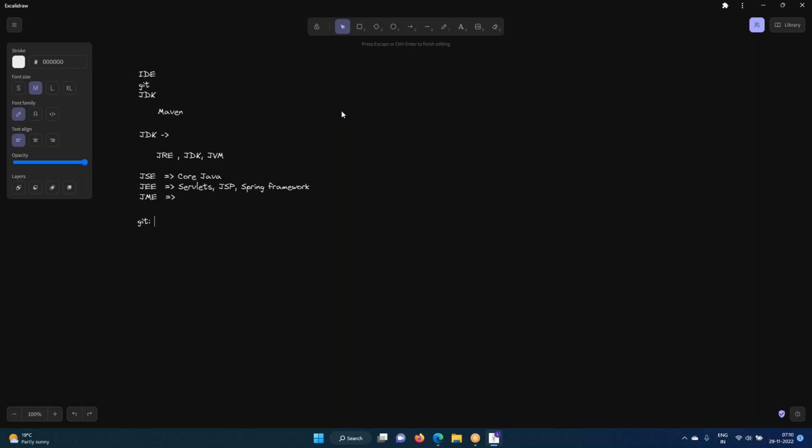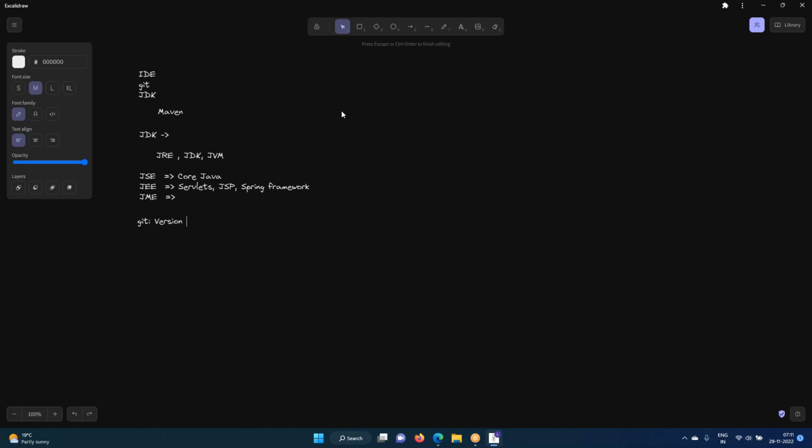Git is what we call a version control system, where you manage your source code. When you are working on a project, the team will be sitting across the globe. Some people will be in India, some in the US, and in different countries under different time zones. For us it's morning, and somewhere else they start work once you are done with yours. So in order to collaborate and maintain a common place,